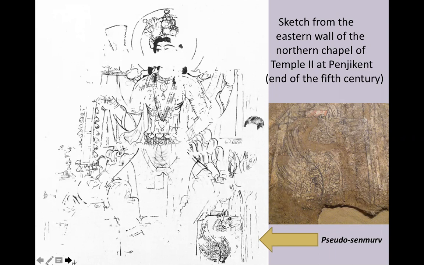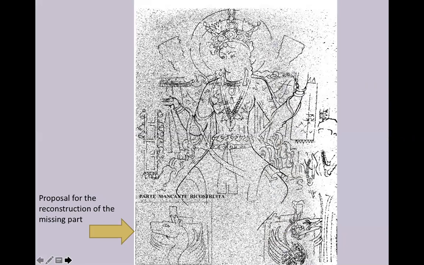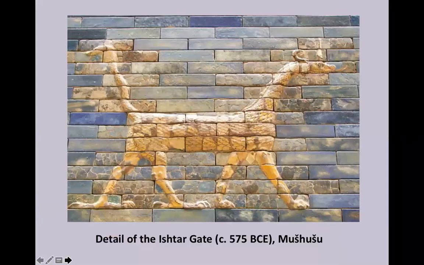And the next slide, please. I think this curly horn, next slide, is connected with this creature, yes, with Mushhushshu from Mesopotamia. You see, just this curly horn. So it's not exactly the same creature, but in Sogdiana, which is in any case in Central Asia, we have already in the 5th century or early 6th century something which is connected with Mesopotamia.